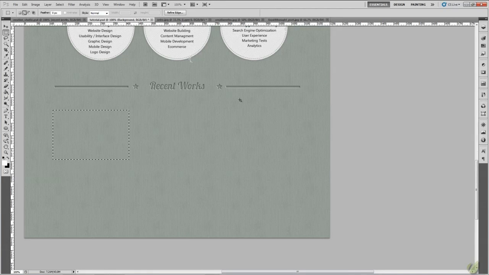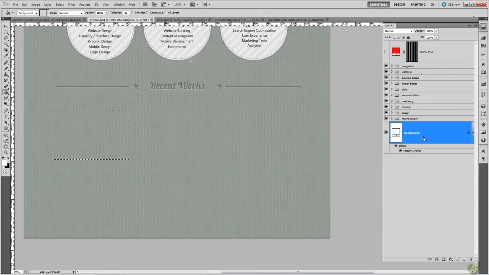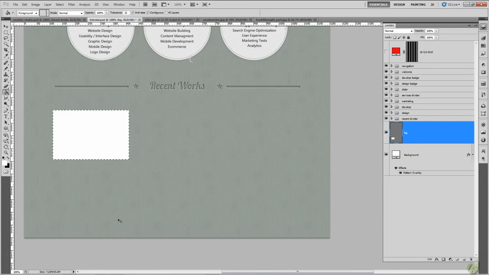And then we're going to fill it with white with the paint bucket tool. And before we do that, we need to create a new layer. So create a new layer. I'm going to call that BG. Then fill that. Control D to deselect. Okay, so then open up